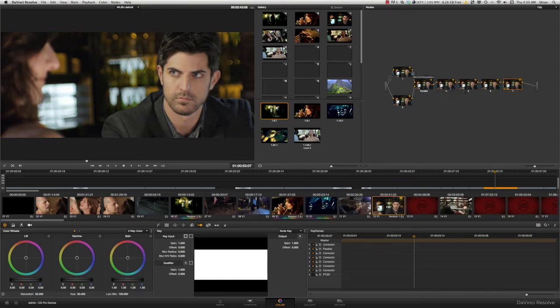And the reason that you would want to do it this way and not just layer on a bunch of stuff in one node is that sometimes you want to perform one operation to the image, and then you want to work on all of that, everything you did, in another operation. And what that gives you is more precise control over the image. And sometimes you want to separate out. Like if we were to go back, you'll see